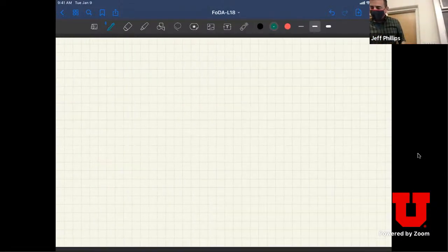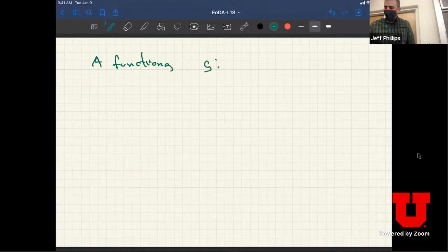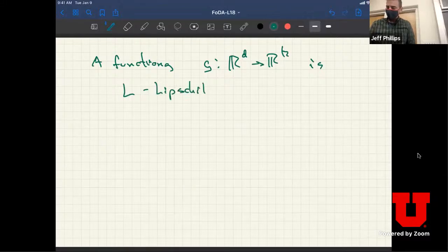A function g from R^d, let's say, to R^k is L-Lipschitz, a definition that comes up in a lot of places in data and functional analysis, if for any